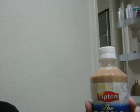Now the last thing, I have to wrap this up real quick, is in Europe you can find Coke, Diet Coke, and Sprite. Here Sprite doesn't exist at all, and Diet Coke only a little bit. However, we have Pepsi and Mountain Dew a lot. And the best thing that we have here, because most people don't drink soda as much as you would think, so instead I have Lipton the Royal, which is milk tea, and it's so good. Anyway,